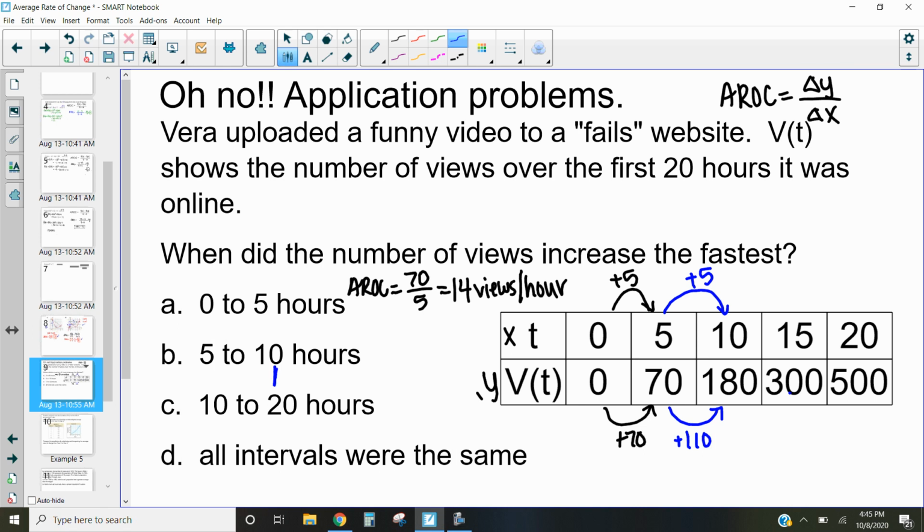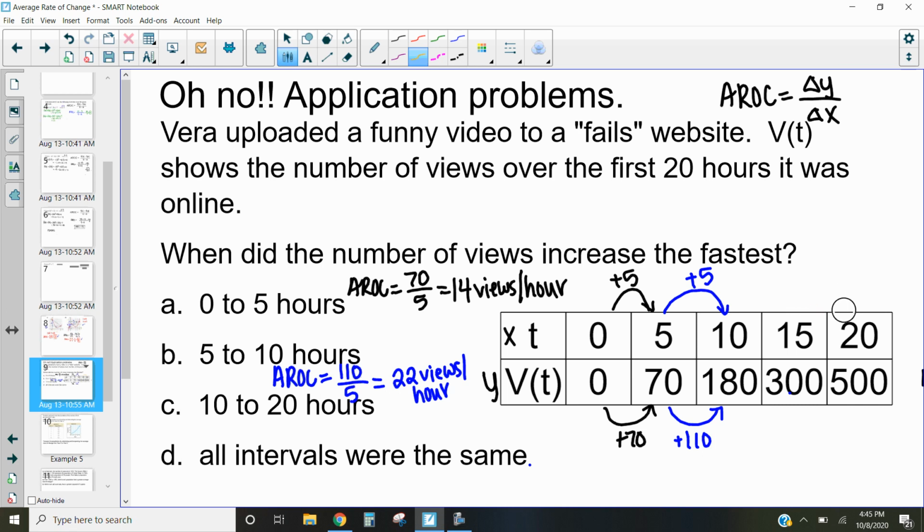So our average rate of change, remember, is going to be our change in Y, which was 110, over our change in X. And 110 divided by 5 is 22 views per hour. So that is substantially more. You're having at least 8 views more per hour from hours 5 to 10 than we did from 0 to 5. Now, the last part that we want to look at is